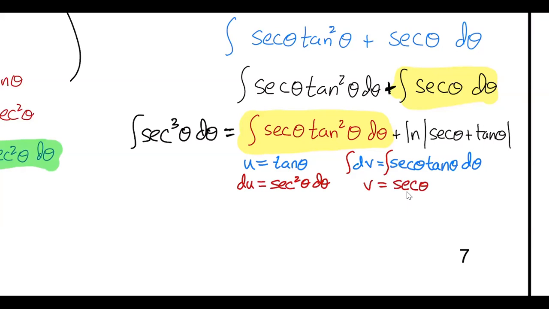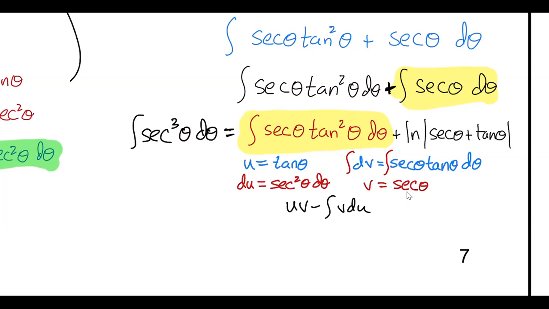All right. uv minus the integral of v du. That's what this result is going to be, right? Secant theta tangent squared theta is somehow going to anti-differentiate using this model, right? So u times,